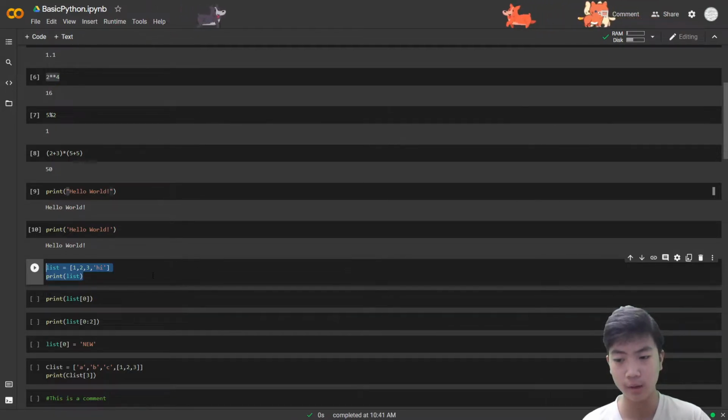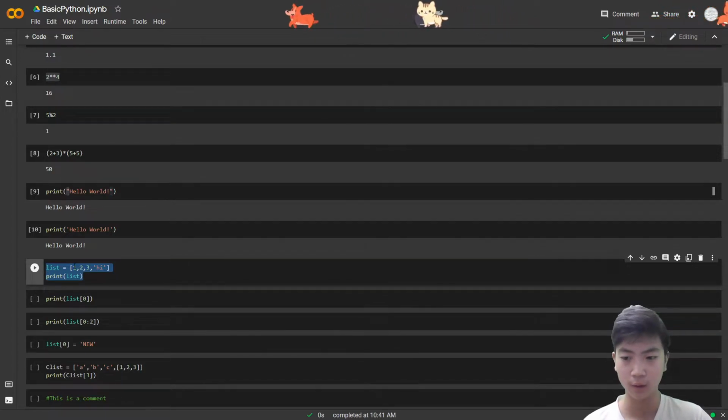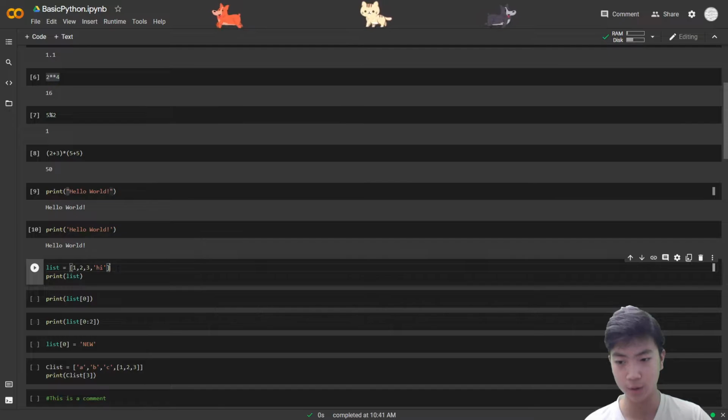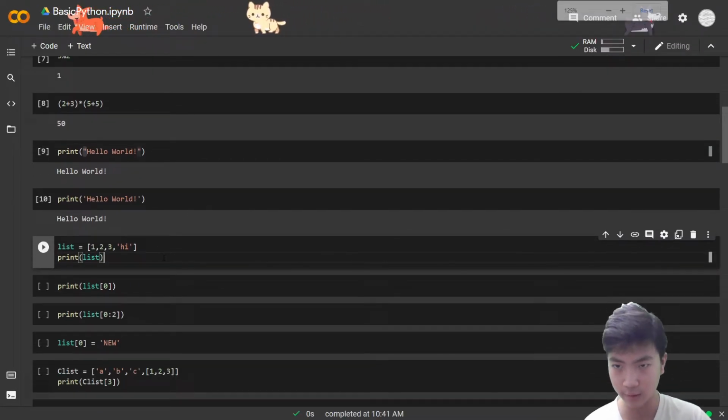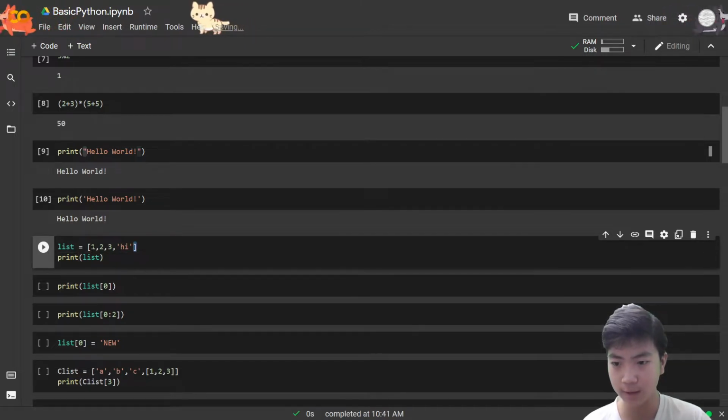A list is just really simple. It's a place to store data in Python. In here we create a list by having two brackets, like so. There's two brackets like this, and then inside of the brackets there are integers, strings, another list in there,